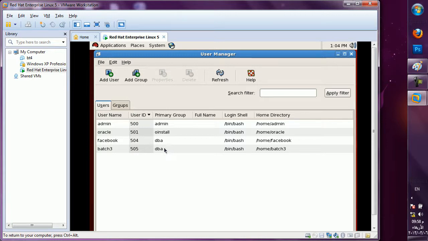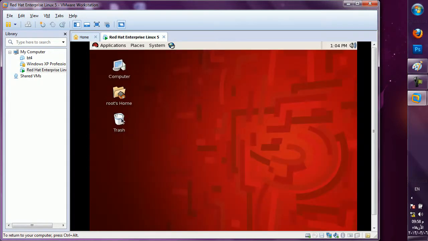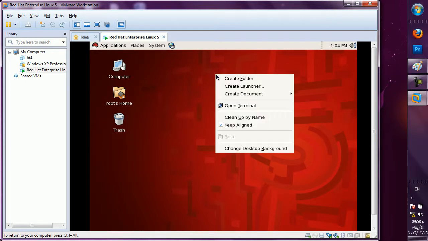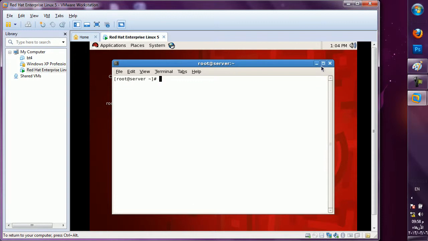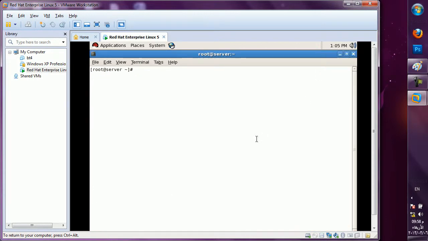Clear now? Just come out from this screen, quit, finish. I have created the user. Now I will create one directory to keep my database files, the physical files. This is my partition. One common folder I am using, Aura data, and under that I am using mesh one.